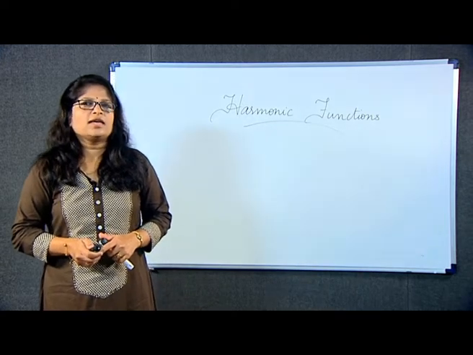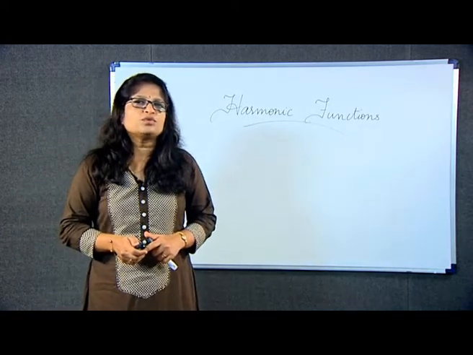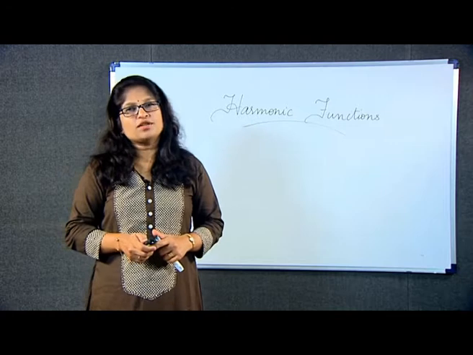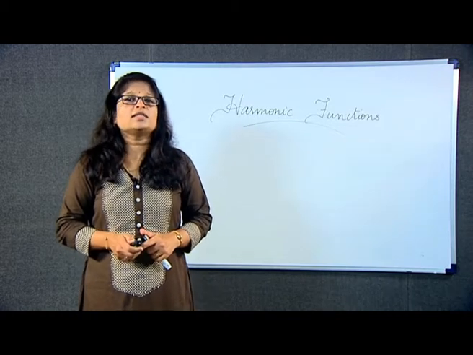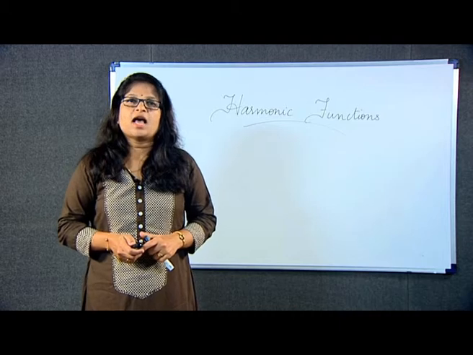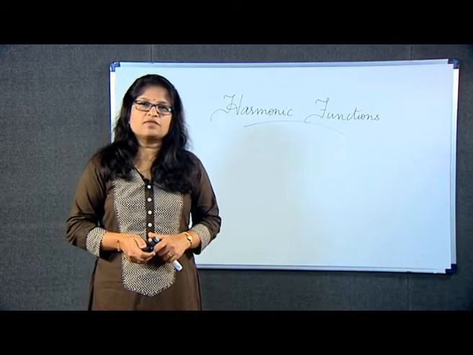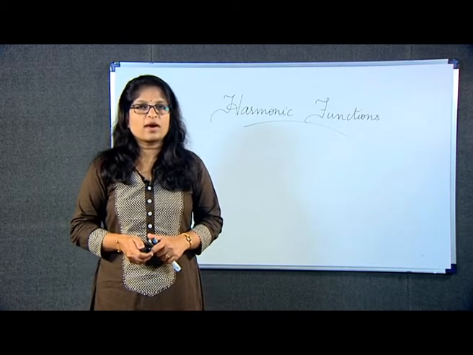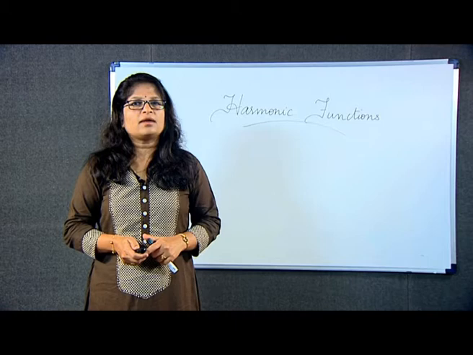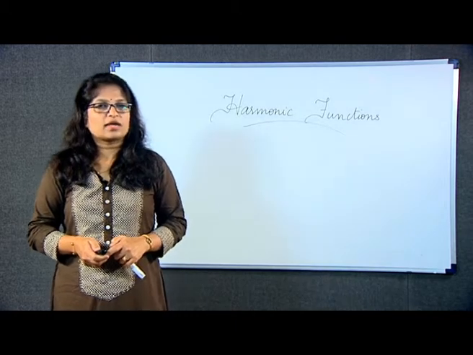So, now suppose I give you a function and ask you to prove that it is not differentiable at some point, but you can see that the CR equations are satisfied. Let us see one such function which is given by f of z is equal to (x cube minus y cube) by (x square plus y square) plus i into (x cube plus y cube) divided by (x square plus y square). So, your real part of the function f of z is (x cube minus y cube) by (x square plus y square), and the imaginary part is (x cube plus y cube) by (x square plus y square).